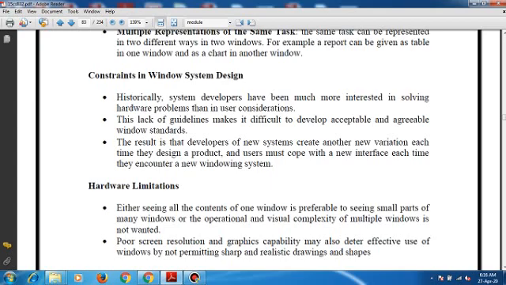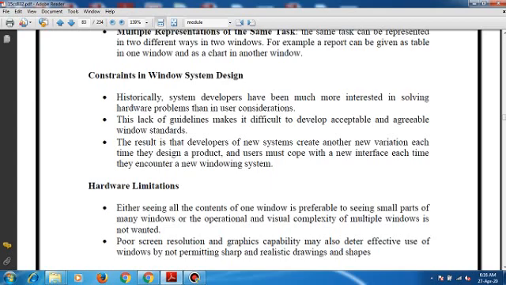Also we have slower processing speed and smaller memory size. Some computers may prevent the use of Windows. Also we have a lack of resources. The resources drain very fast.